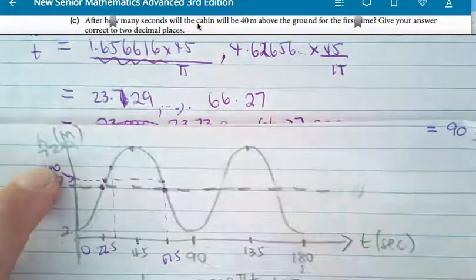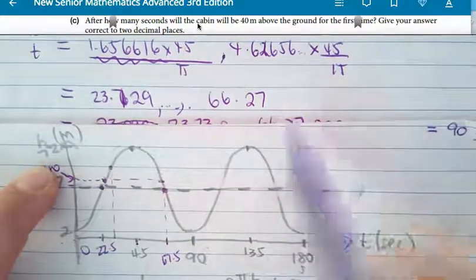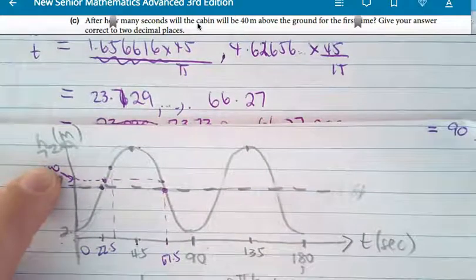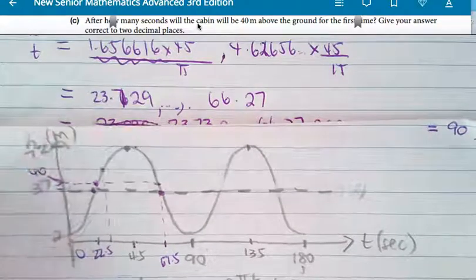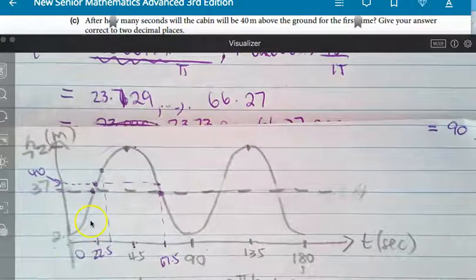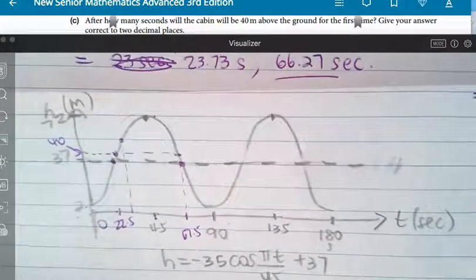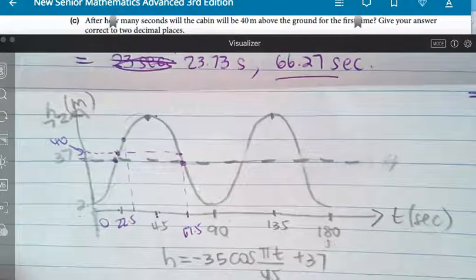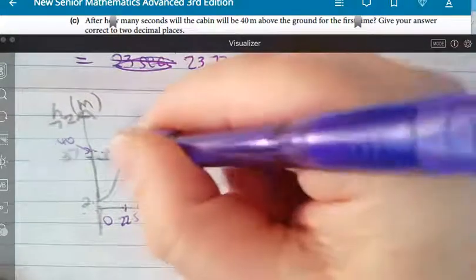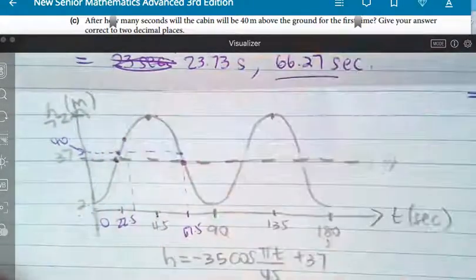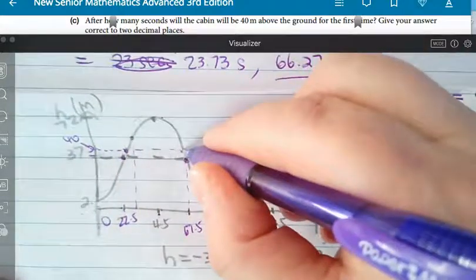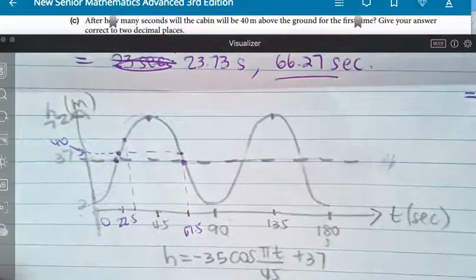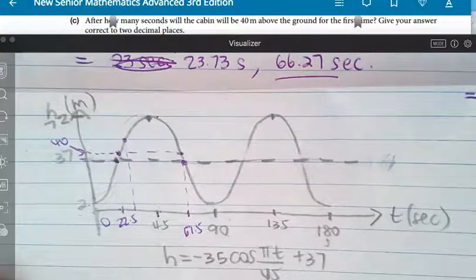40 meters high occurred just before that, and the answer was 66.27 seconds, and that fits in perfectly as well. All right? Like I just said, with the tidal questions, if you just read off your graph, you'll be able to tell if your answer's correct or not. All right? Because we knew it was going to be just a bit above 22.5, and we knew this other answer was going to be a bit before 67.5. But the question was the first time for